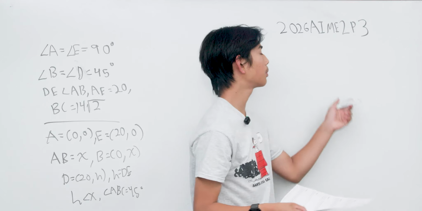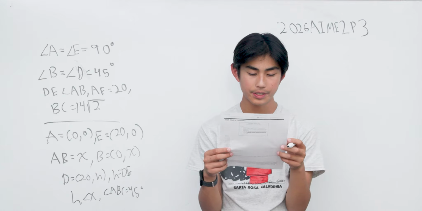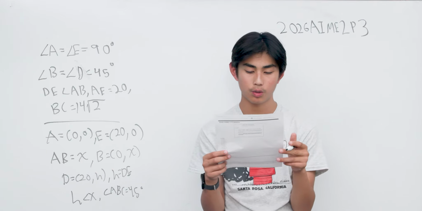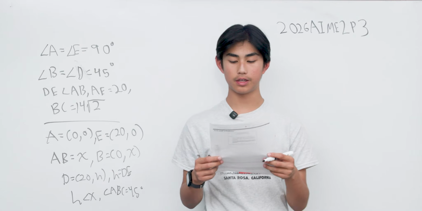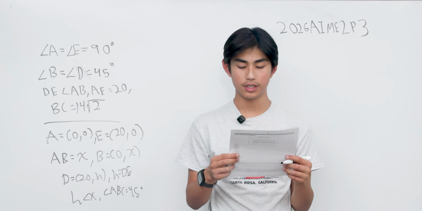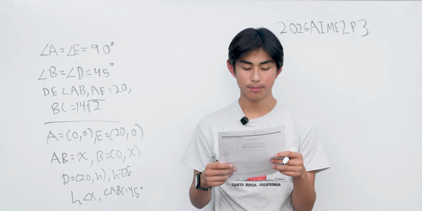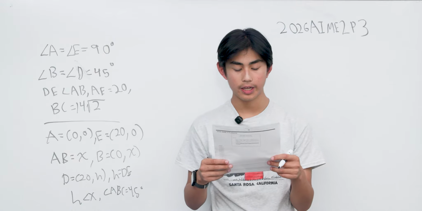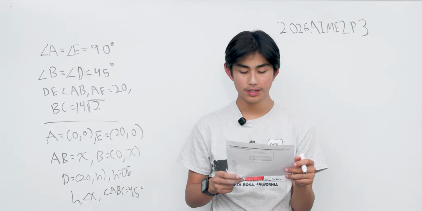We're solving problem 3 from the 2026 AIME 2. Let ABCDE be a non-convex pentagon with internal angles, angle A equals angle E equals 90 degrees, and angle B equals angle D equals 45 degrees. Suppose that DE is less than AB, AE equals 20, BC equals 14 root 2, and points B, C, and